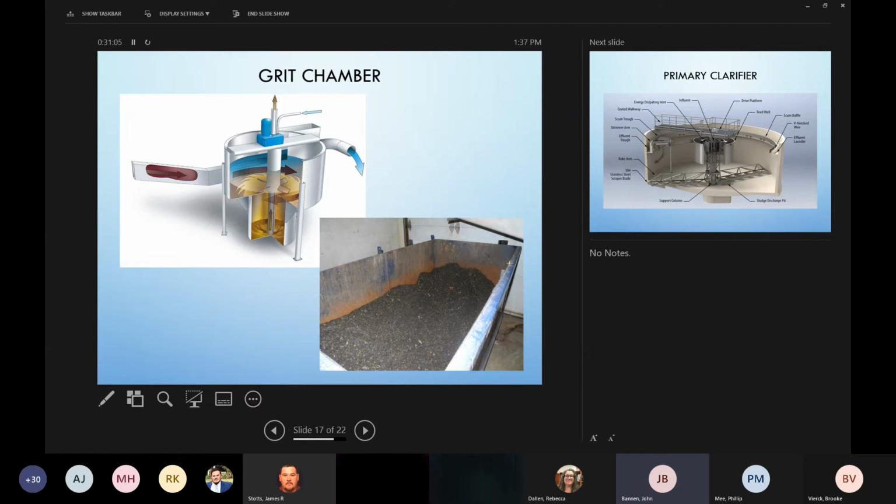One of the challenges in the operation of the grit system is that we change the hydraulic flow so that we slow it down to allow that heavy material to settle at the bottom of the chamber. Think about a snow globe. You shake up the snow globe, you let the snow globe sit, and the material settles to the bottom of the snow globe. What we're doing is we're stopping the shake, we're slowing the flow, and we're allowing the grit